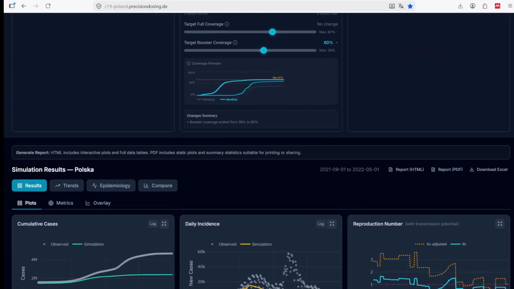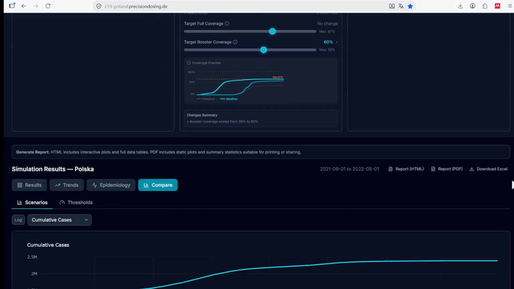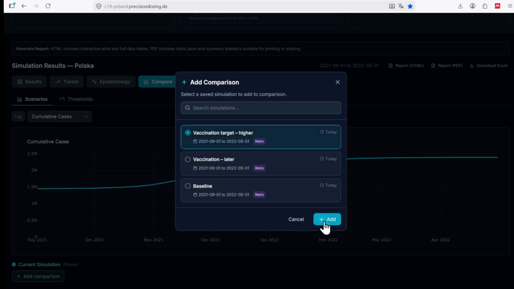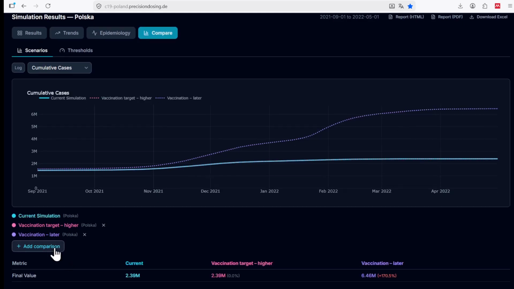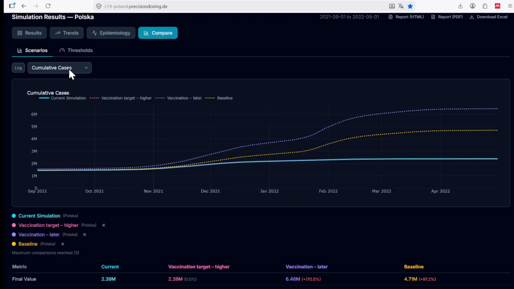Under the heading Simulation Results, the scenarios can be compared. Clicking Compare displays the currently open simulation. The remaining scenarios are added using the Add Comparison button. Different metrics, such as cumulative cases, daily incidence, hospital admissions, or ICU admissions, can then be selected to compare scenario